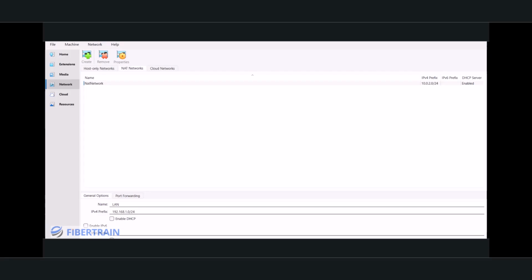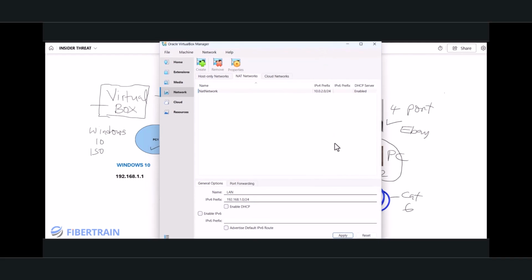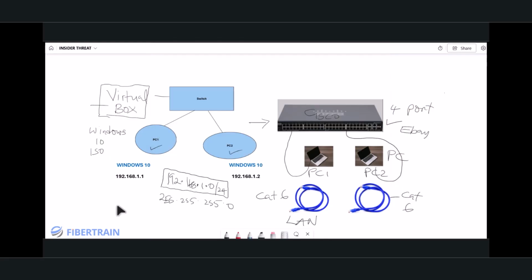And at the bottom here, let me minimize this screen so that you could see the very bottom of the VirtualBox. So at the bottom, after you have changed the network to a network of your choice and changed the name of the NAT network, I changed it to LAN. You see here that you can click on apply. So let's click on apply, and that has saved this. You could see here that the DHCP server is disabled. Why I disabled the DHCP server is so I can show you how you can manually give these two PCs IP